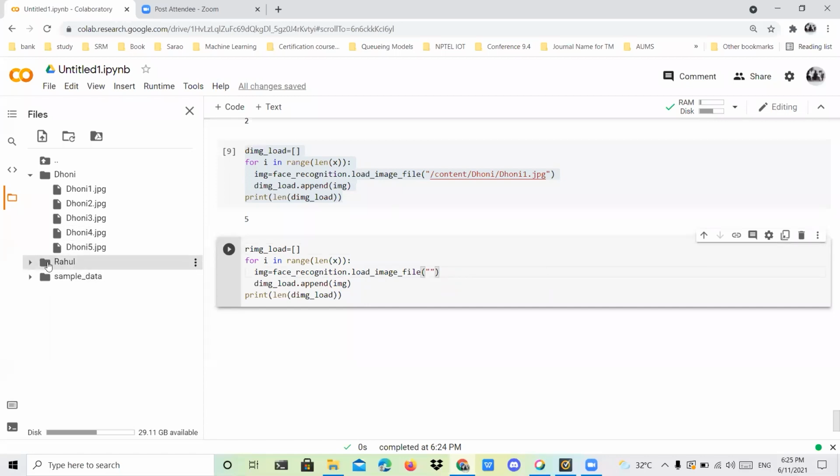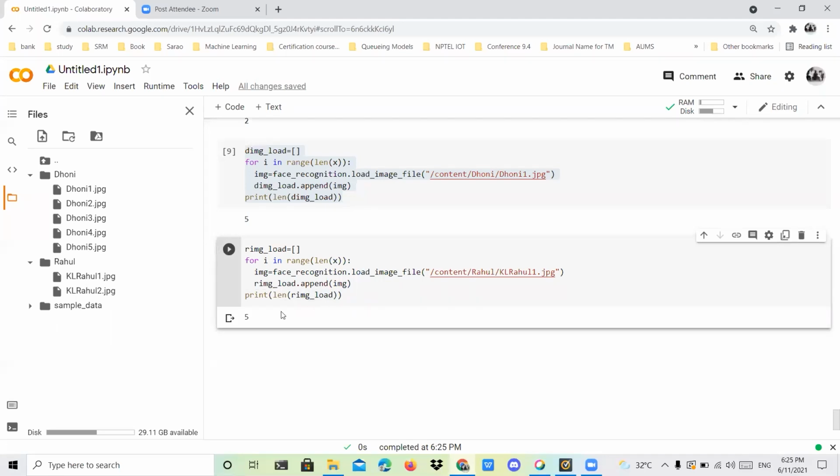That should be the first image of Rahul. Copy the path and paste it here. Then here also change it to R_image. That's all, right? Now you can check. Yes, it shows 5.